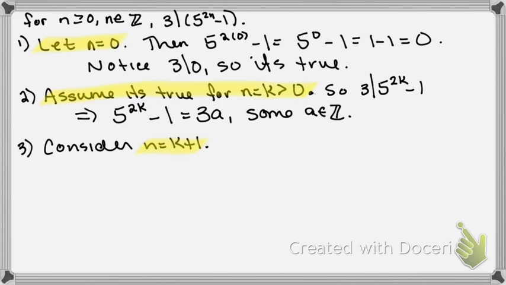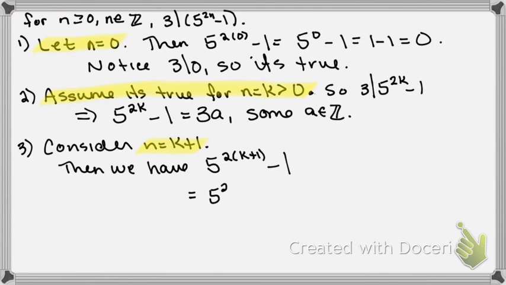So then we have 5 to the 2 times k plus 1 minus 1, which is equal to 5 to the 2k plus 2, which is equal to, all right,